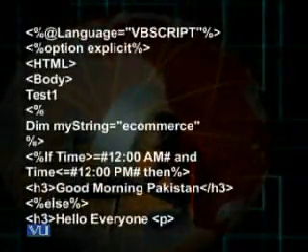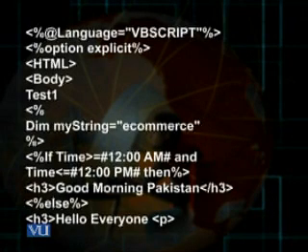Within the delimiters language VBScript, then option explicit, then the HTML tag, body tag, and then the word test1. Then within the delimiters I define a variable called myString: dim myString, its value is e-commerce. And then comes an if statement within the delimiters.